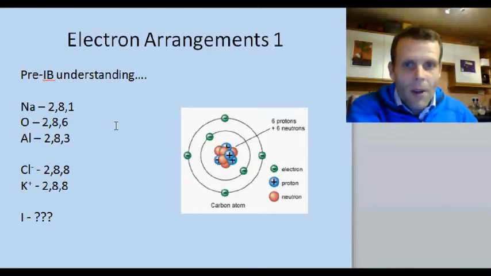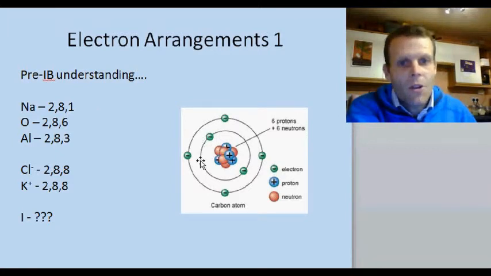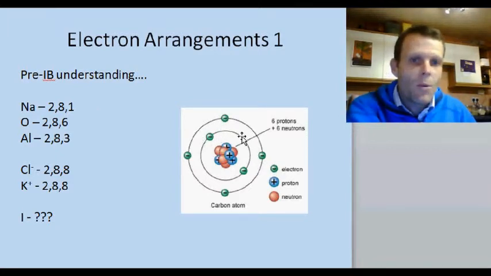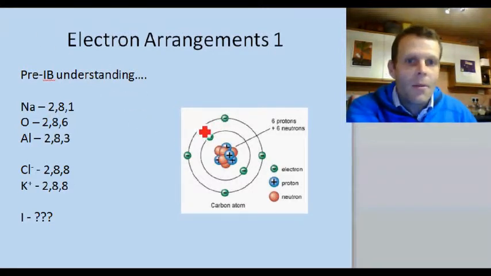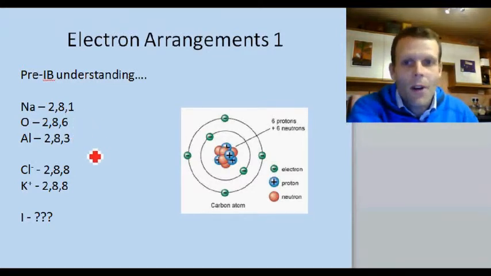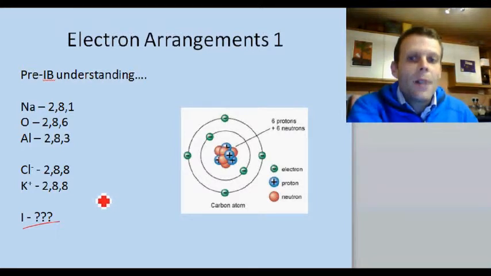So you've probably got a little bit of an understanding of electron configurations, and you've been taught maybe in the past, okay, the first shell, the first energy level, my n equals 1, can hold 2 electrons. My second energy level, n equals 2, can hold 8, and the third one can hold 8. And that's fine. It all works very well up to about calcium. It works well with ions as well. But if we go beyond calcium, if we think of trying to do that with iodine, we have a bit